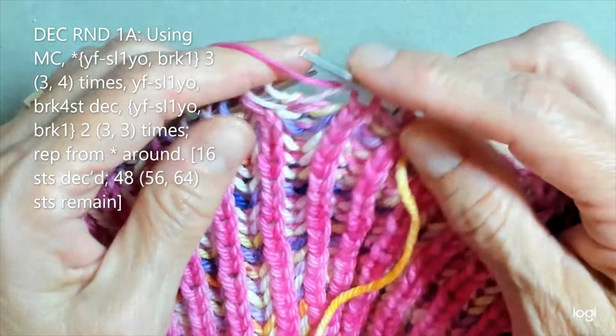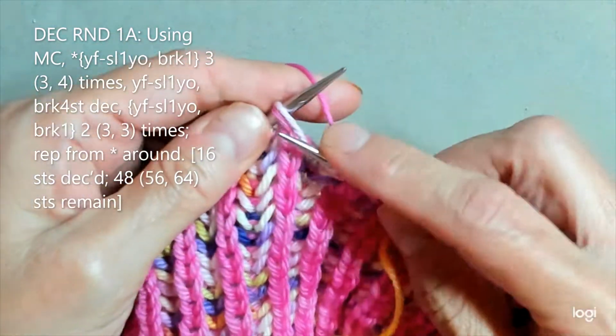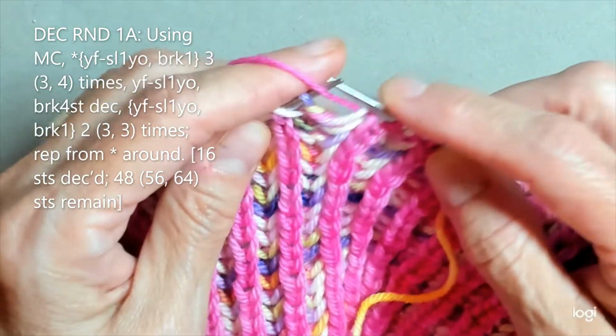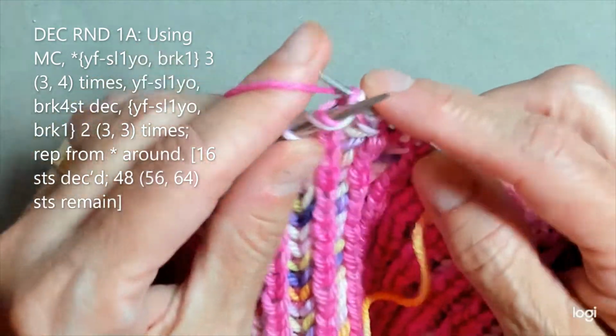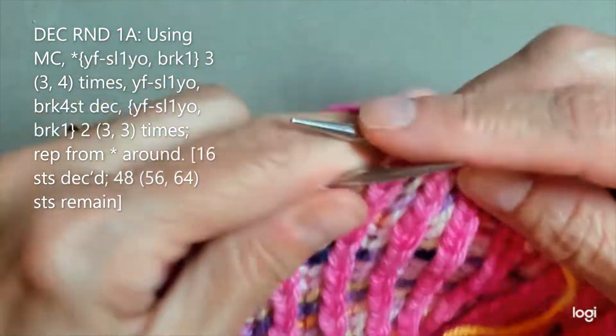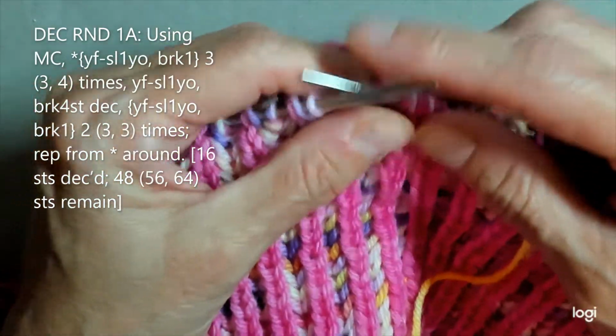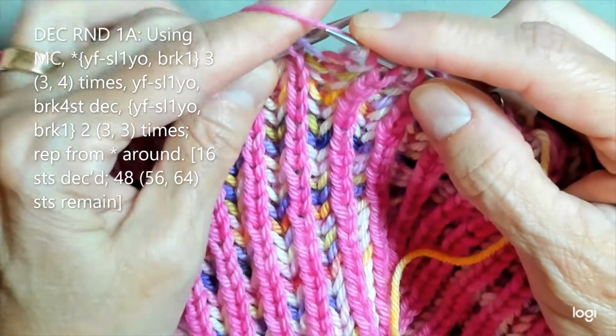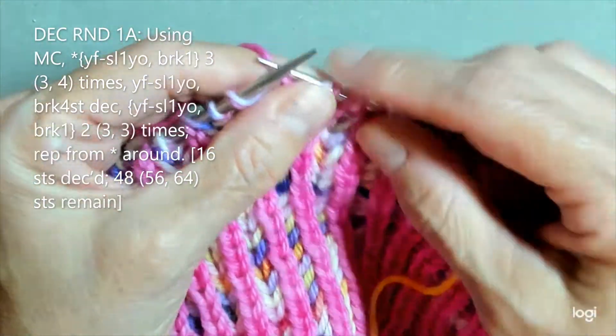So that's 1, and this is 2, and this is 3. Okay, 1, 2, 3. Then it says yarn forward, slip one, yarn over, so that's this. And then it's telling me to do a